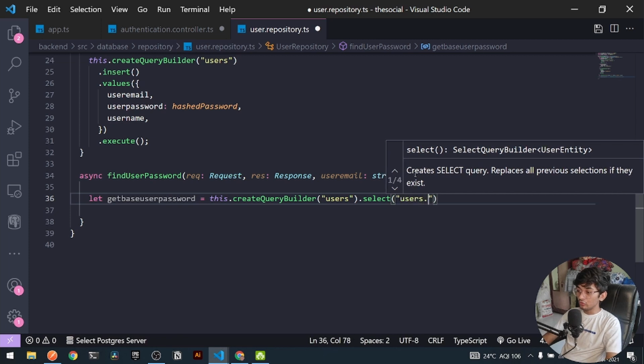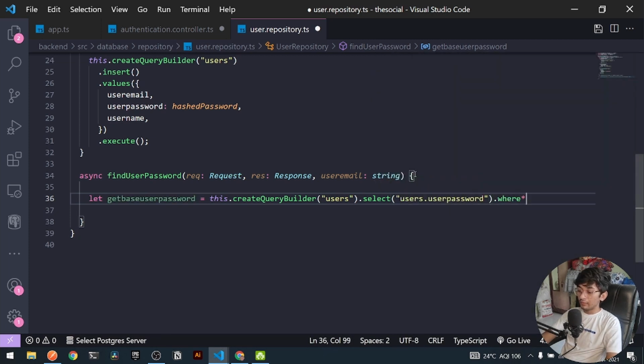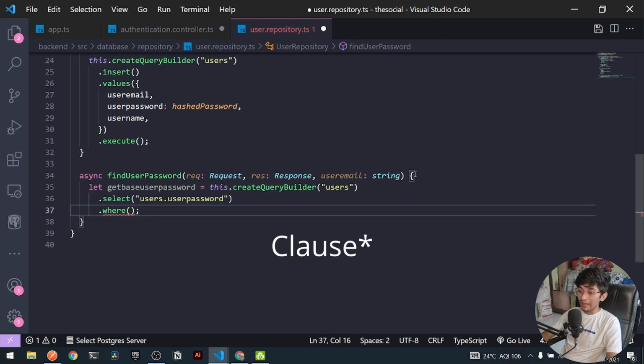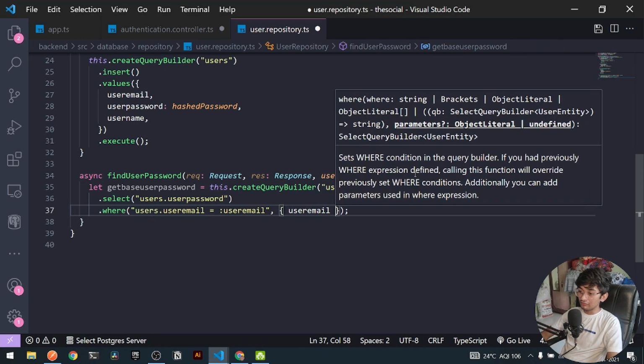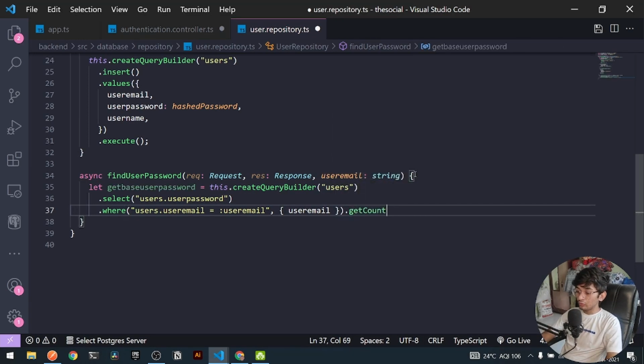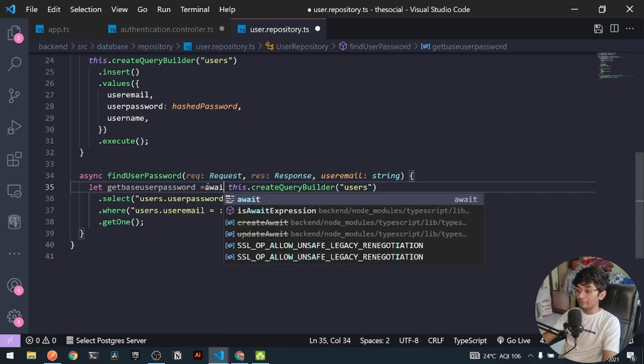So here I can say users.userPassword, and I can add a where flag, and under my where flag I can add a condition of users.userEmail. Alright, the spelling should be case sensitive. The condition will be userEmail should be equal to the userEmail that we have just provided. And after that I can say getOne, not getCount but getOne. Once I have got this, I can await it.